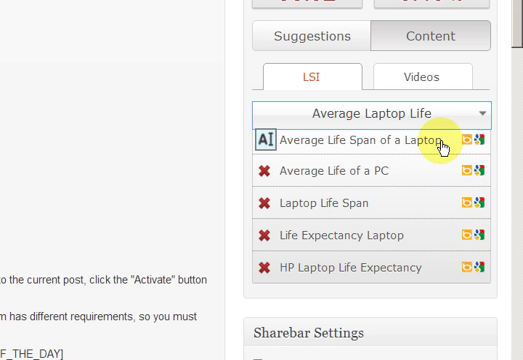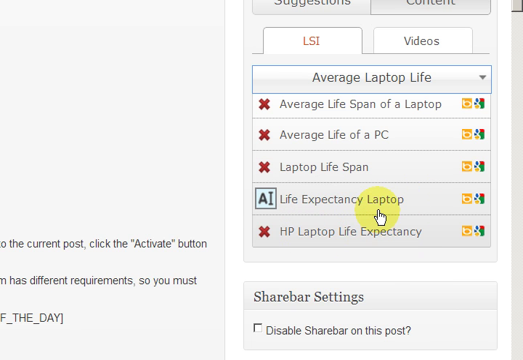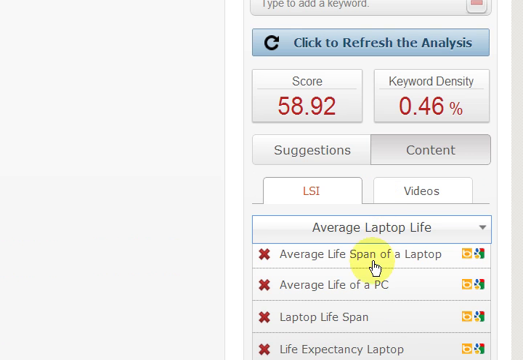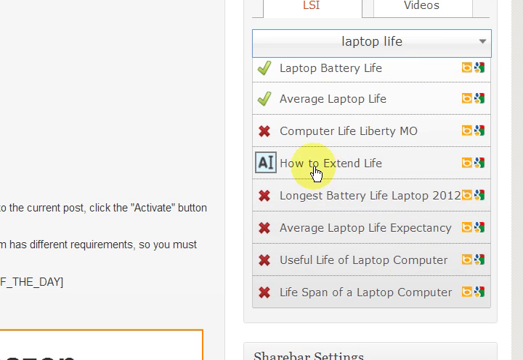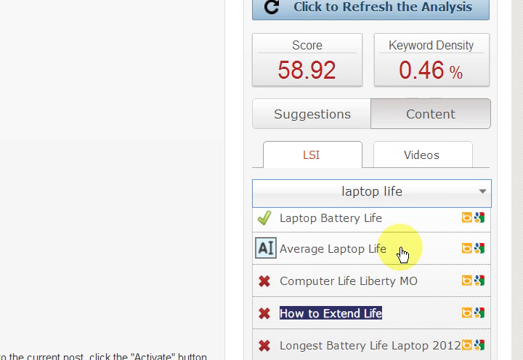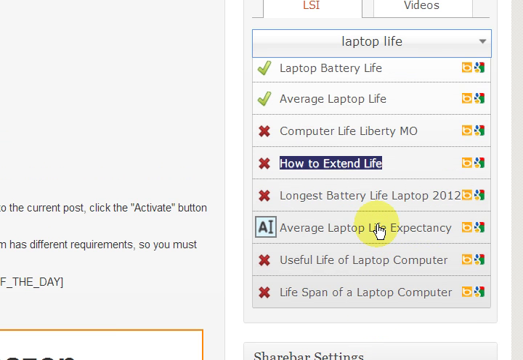Now let's have a look at this one. Laptop, yep, it all fits. It's crazy, I just can't believe it. Out of all those words, there's only one that is a bit blurry, as in how to extend life. The rest of it is all about laptops and computers. I'm very impressed with that feature, and obviously I'm going to optimize my post with some more LSI keywords,